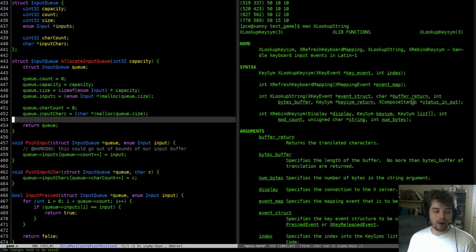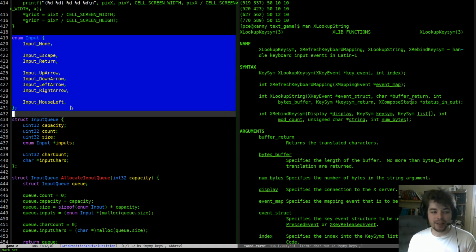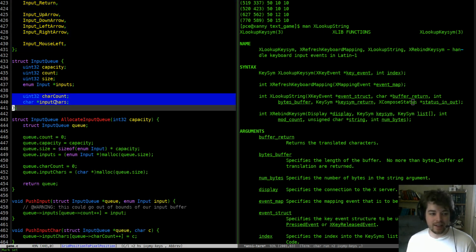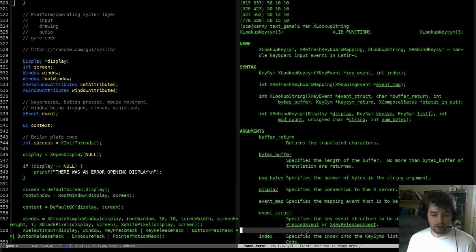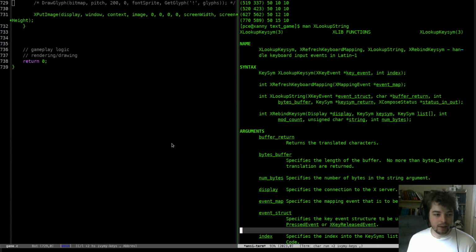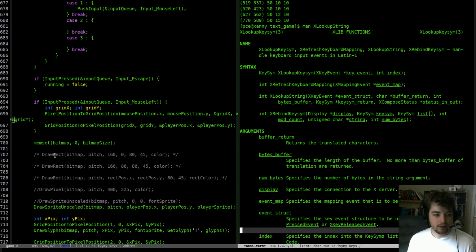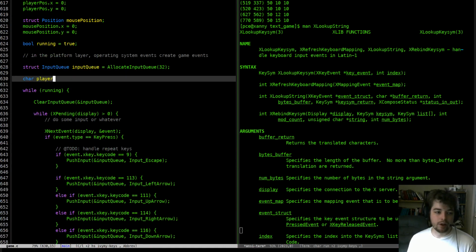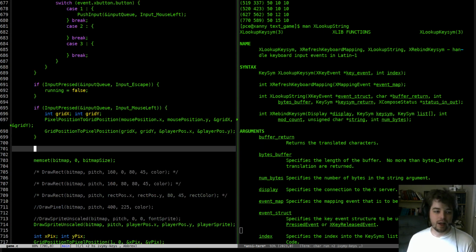So now we have our input queue keeping track of two types of input. We have this input which is like keys or buttons that are doing gameplay commands, right? And now we just want to have this thing that's getting like, oh, hey, did you type a letter? Well, what was that letter, right? And I want to go ahead and say we're going to make a thing called here, and we're going to call this player letter, right? I'm going to just say it equals 0 at the start, and we're going to say